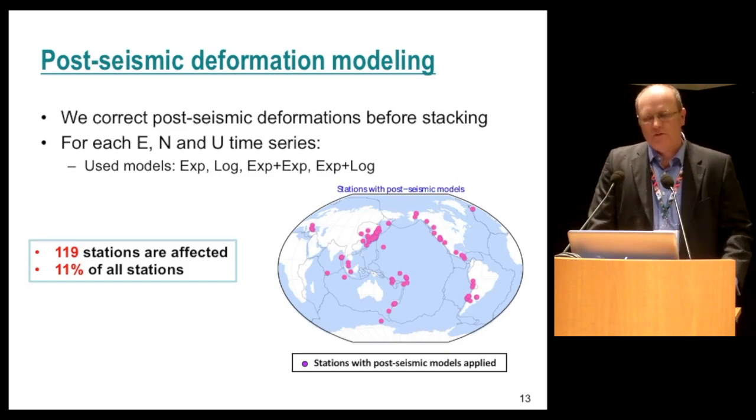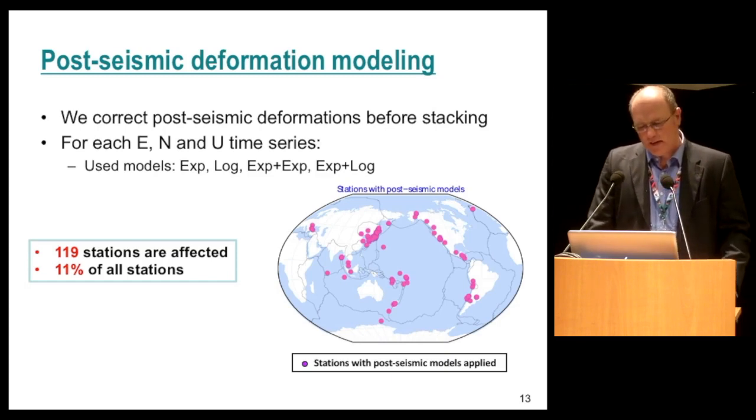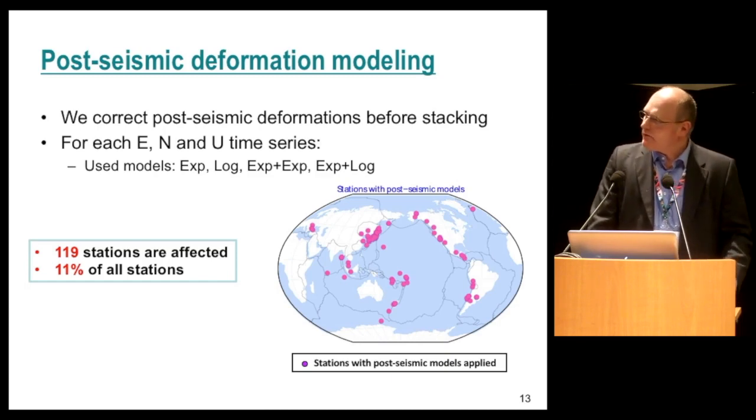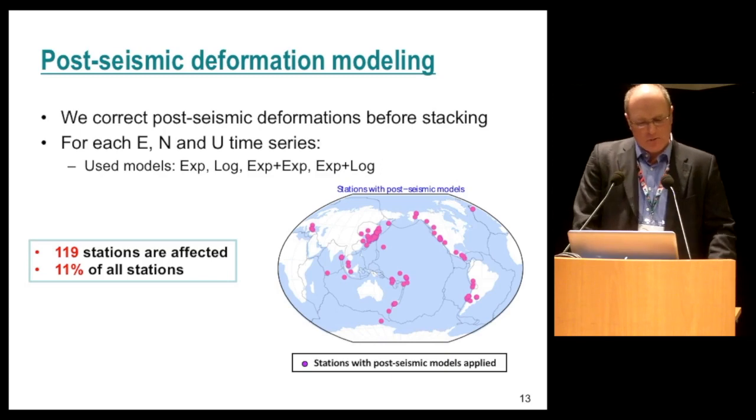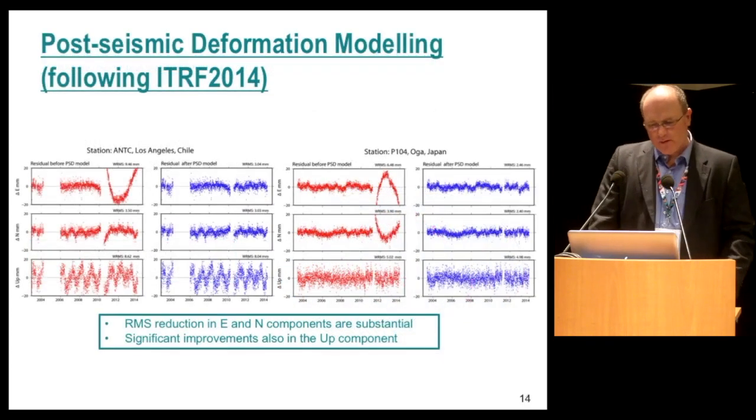We introduced exponential and log models for calculating these nonlinear motions after an earthquake, so that you have them correctly handled in the stacking. And we found that about 119 stations were affected by that, which totals to about 11% of all the stations. And just to show you how this works out, for example,